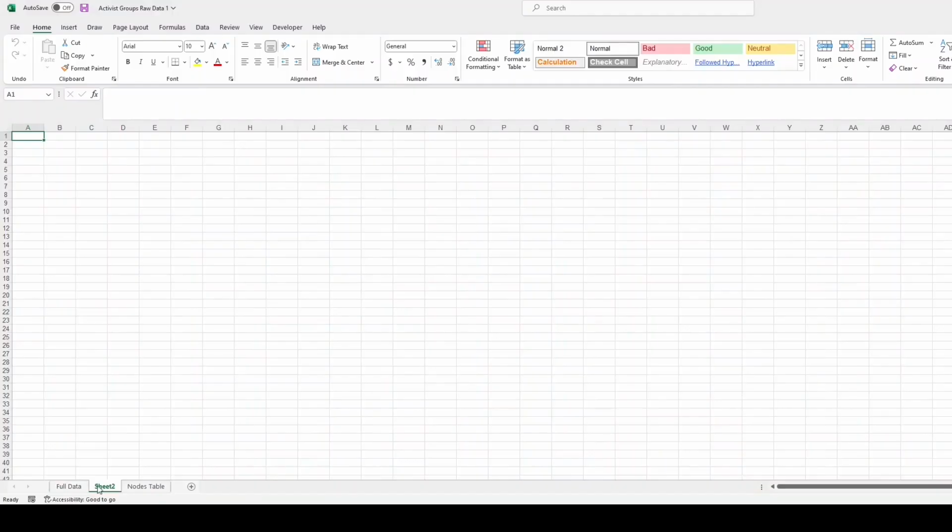So we are going to create a new tab. Let's call it the edges table. And just like the nodes table, we manually key in the essential column headings: source, target, type, and weight. So again, source refers to the ID of the originating node, for example, 1, and target refers to the ID of the destination node, for example, 2. Type of the edge is either directed or undirected,